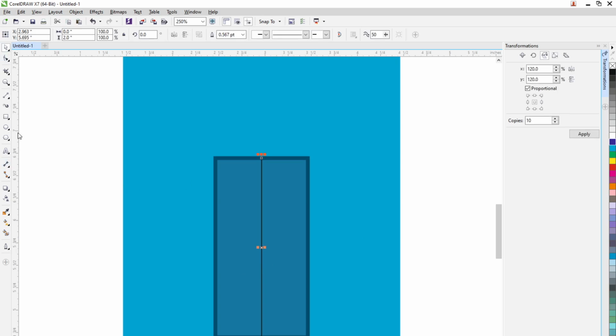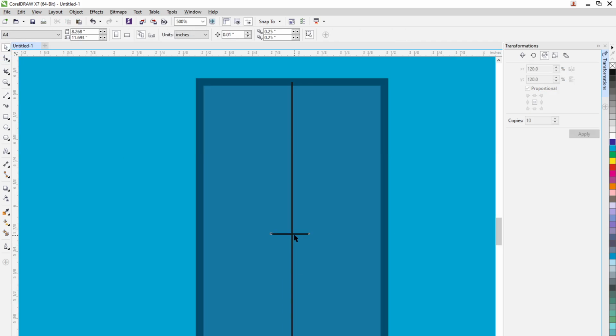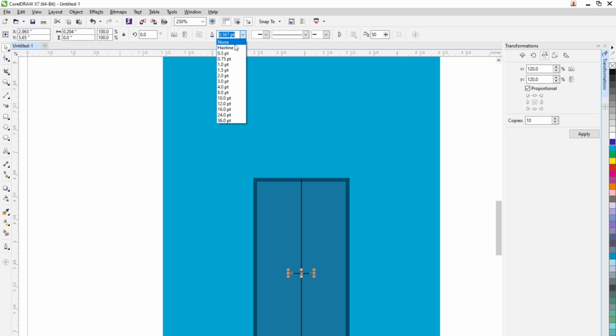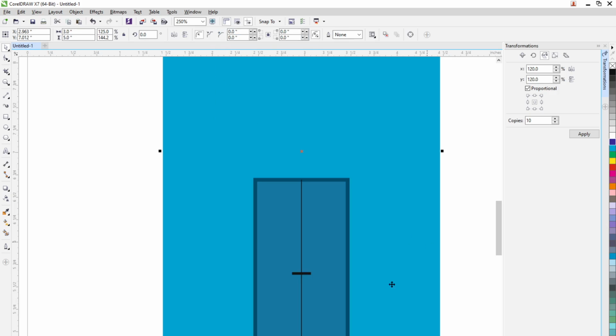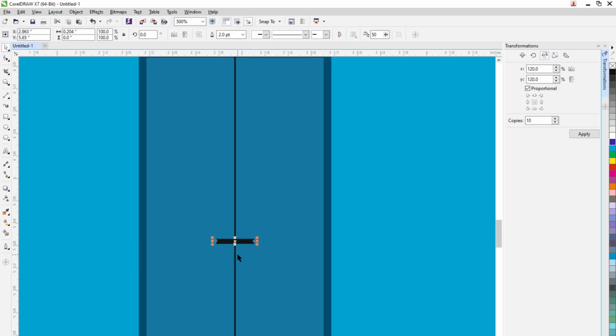So same thing, one more line I am taking here. Now I am drawing one line horizontally, from the left side towards the right side. Hold shift. Okay, and put this one a little bit in the middle and apply more thickness here now. Apply the 2-point thickness, so you can see some bolt. And now if you want to give a nice bolt option to this one,